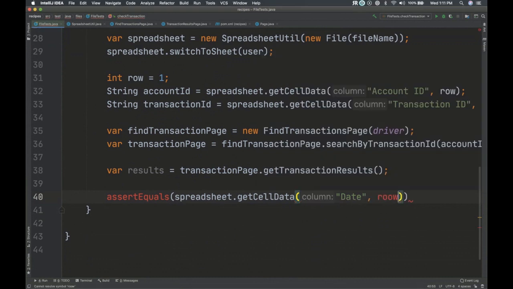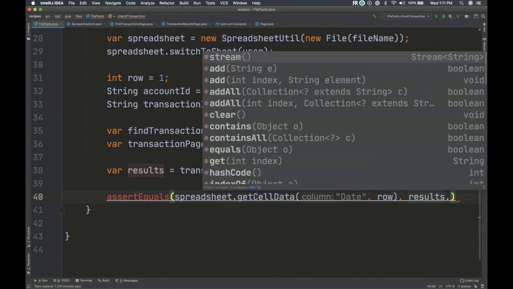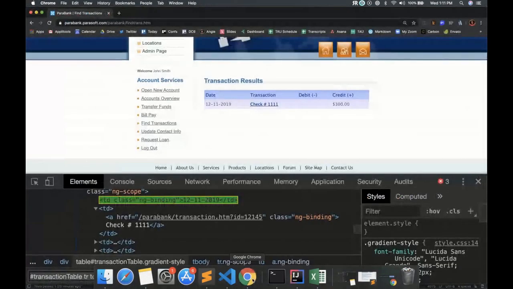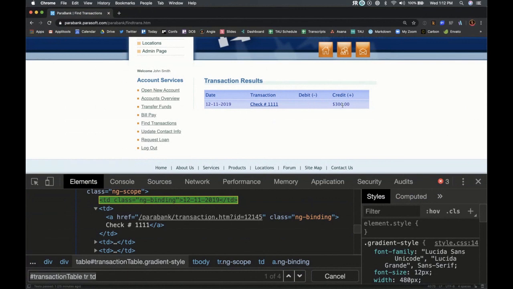So we're still on rule 1. And I want to compare that with the results dot get 0. So the results again is boom, boom, boom, boom.